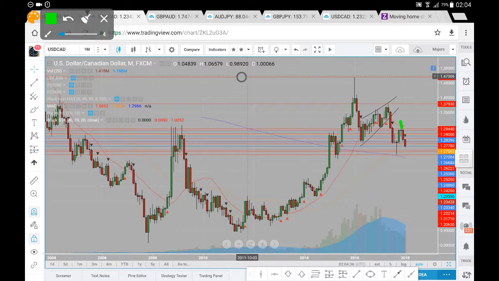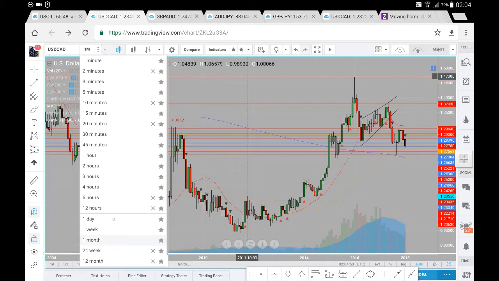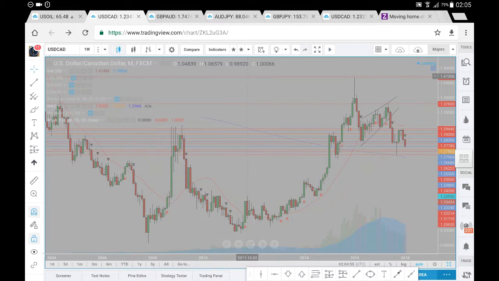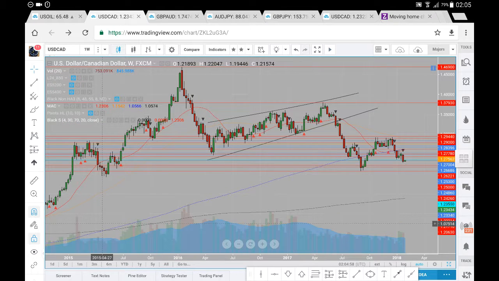There do appear to be quite a few factors supporting the Canadian dollar. So we'll see whether we do head back down towards our 120.63. But based on information that's available at present, it does seem likely. Now, if we head over to the weekly time frame, over here on the weekly time frame, we can see here